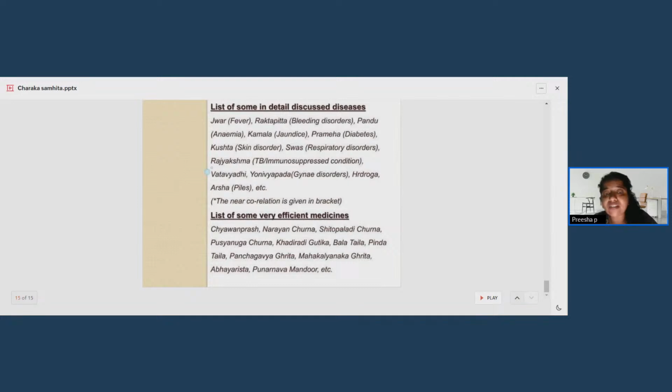When we come to the Udagavaha Shrotas, the Talu and the Kloma are the Mula for Udagavaha Shrotas. And what is the treatment for it? The Trishna Chikitsa is the treatment for Udagavaha Shrotas, which is explained. When we come to the Annavaha Shrotas, the Amashaya and the Vama Parsha are the Moolasthana for Annavaha Shrotas, and the treatment is the Ama Chikitsa, which is explained there.